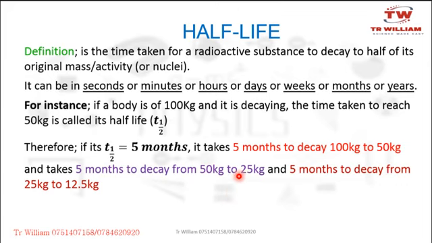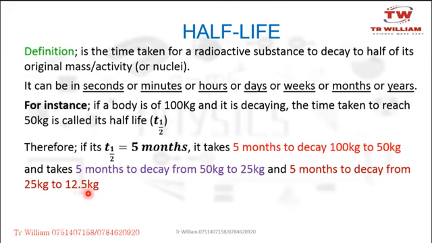Then from 25 to 12.5, which is a half of 25, still 5 months. It goes on like that. It will again take 5 months to decay from 12.5 to around 6.25, which is a half of this. So if I ask you in simple terms, how many half-lives does it take to decay from 100 kilograms to 12.5 kilograms? The first half-life is from 100 to 50, the second from 50 to 25, then the third from 25 to 12.5,